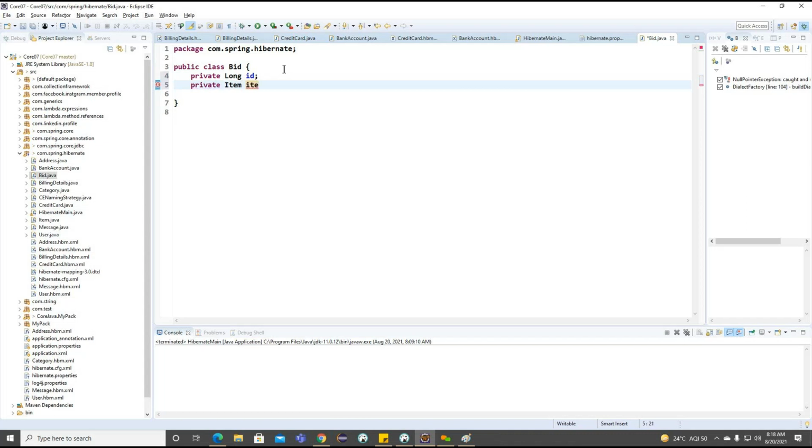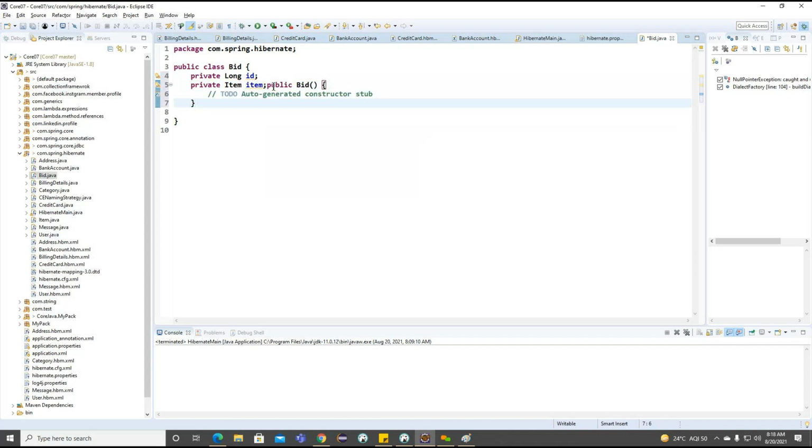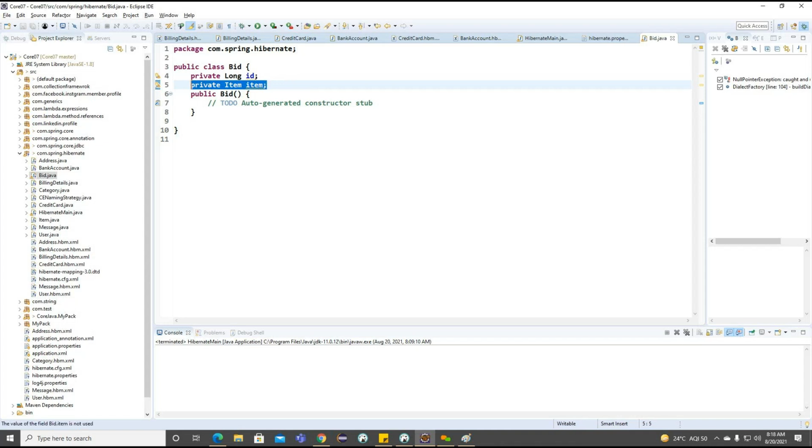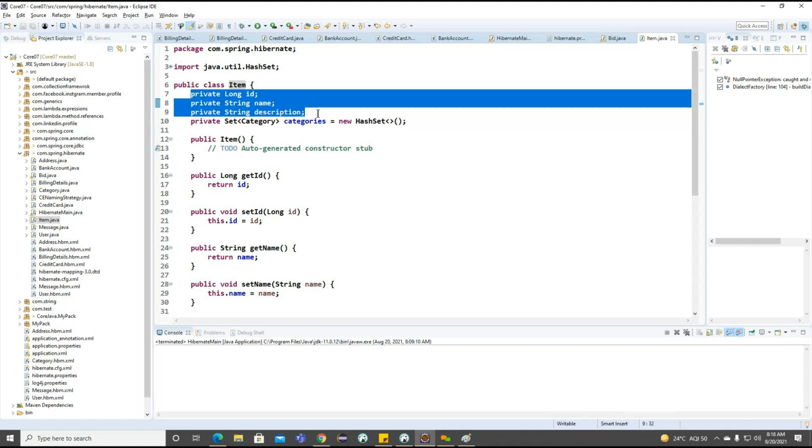and now what I'm doing here, generated constructor here. Now you can see, this particular bid class, we are making the relation with which class here? Item class here. Because already we created item in the last class, but the item-related example we did not discuss here. Now you can see, we created item, and internally item is pointing to the category. We'll discuss the category-related example later, but now focus: the item class is having ID, name and description.